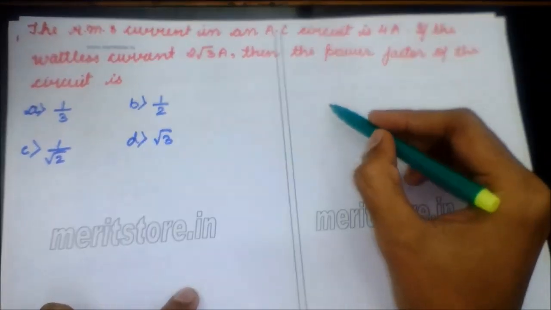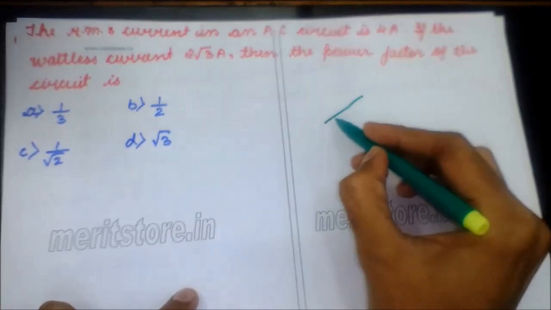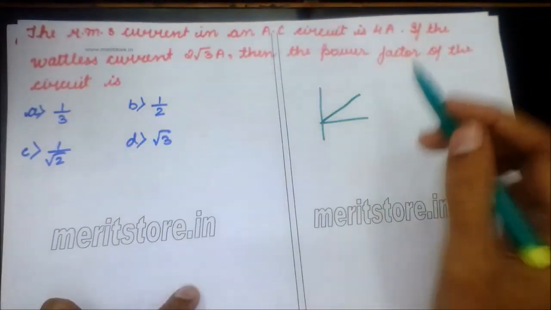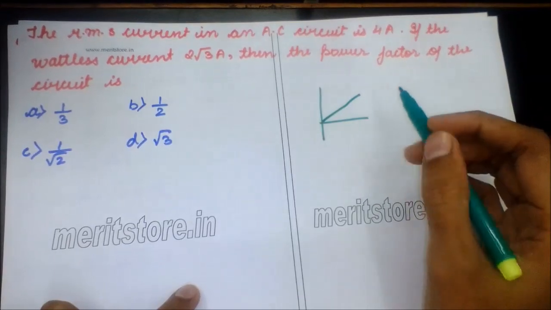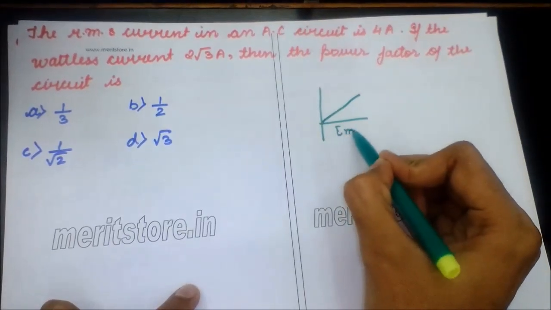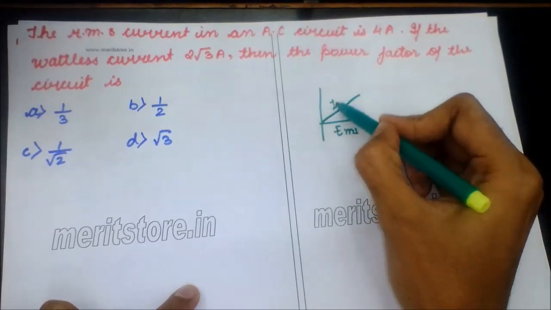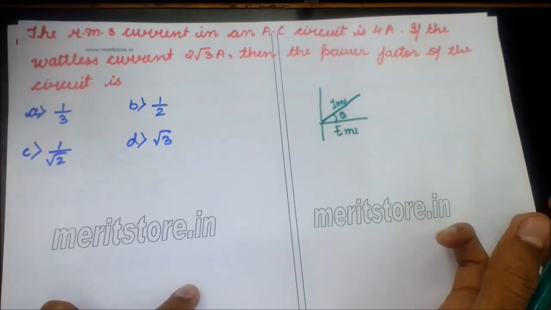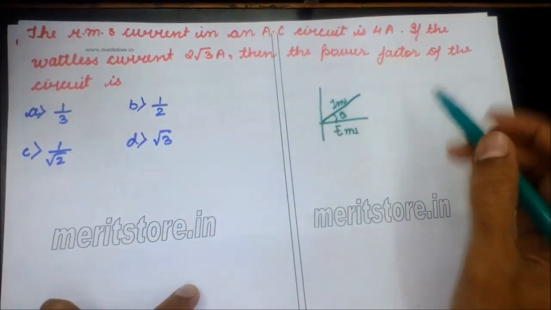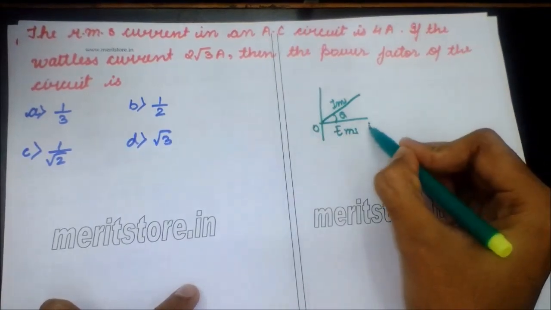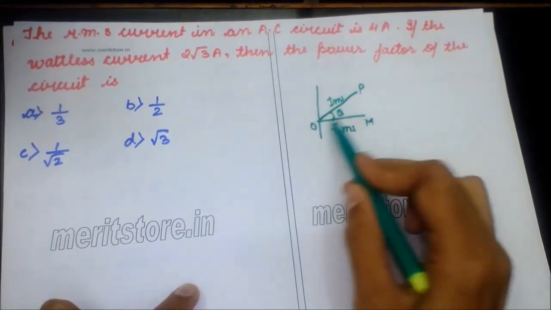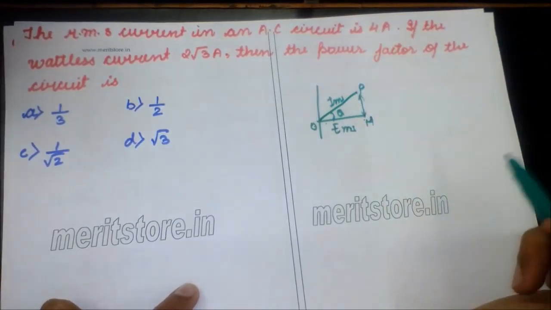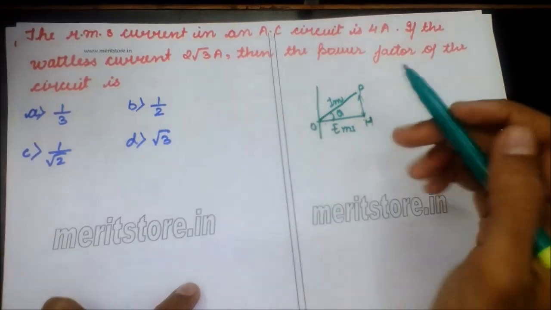But first, it is an AC circuit and we will be having a graph for that. Firstly we'll find the wattless current. Here this is the E RMS, that is the voltage, and this is the current I RMS. There is a theta between them for an RMS current in an AC circuit. If this is O, this is M and this is P, then this OM will be contributing to the power, and this PM will not contribute to the power. This is called the wattless current.